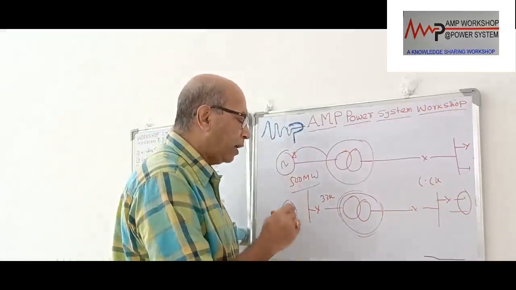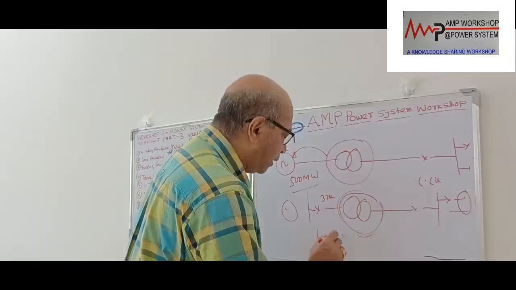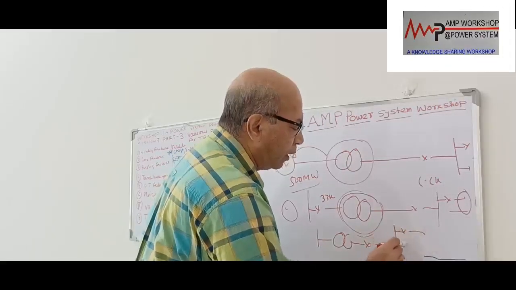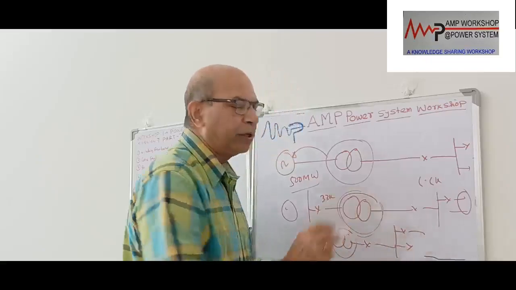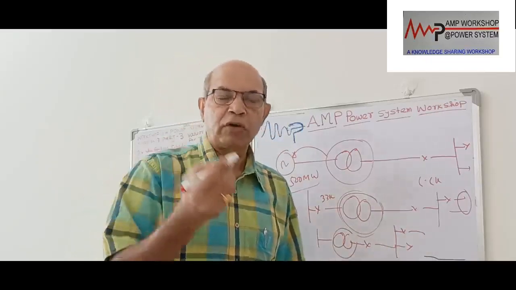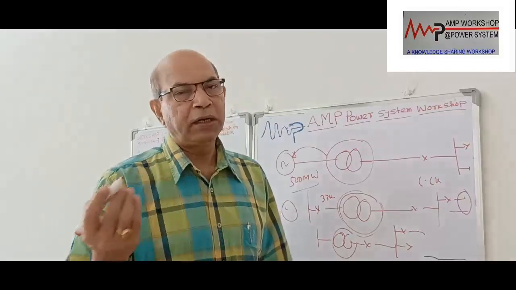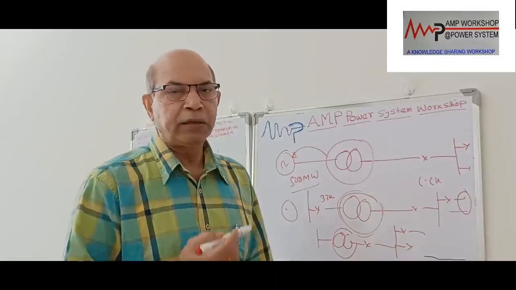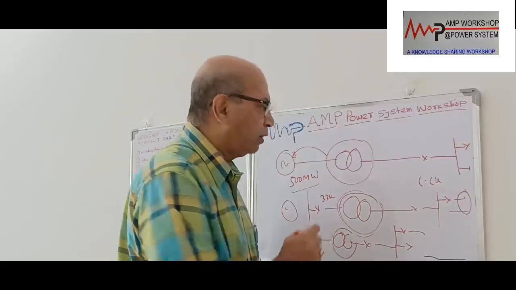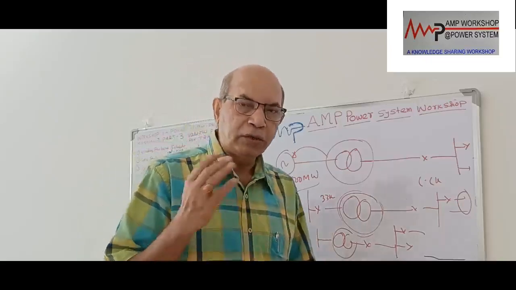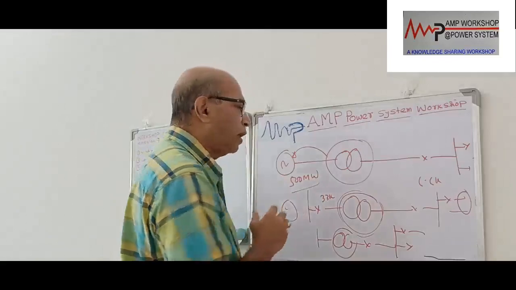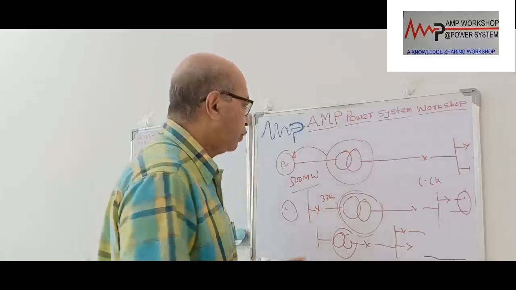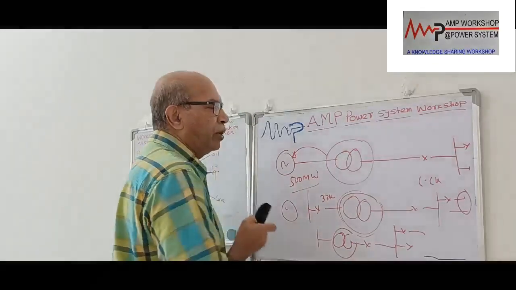Similarly, at the sub-distribution level, if there is a transformer giving power supply to various domestic consumers and this transformer fails, all the consumers will not get power. For small consumers like domestic consumers, their daily comfort and daily requirements will not be met. So there will be problems, and there is a cost due to this failure. So depending on where the transformer is located, it has a multiple effect on the consumer end, the source end, as well as the distribution end. Therefore, transformer protection is very, very important.